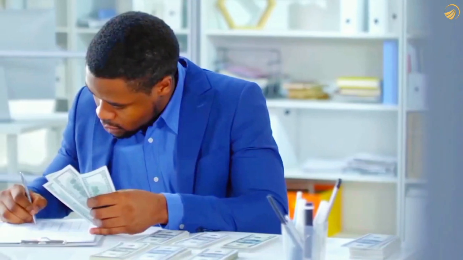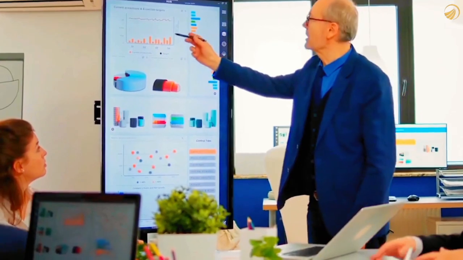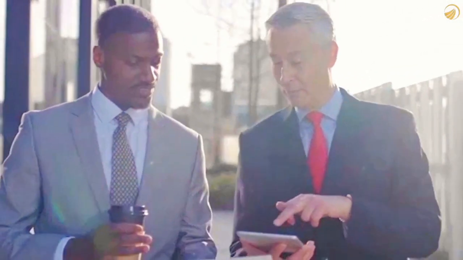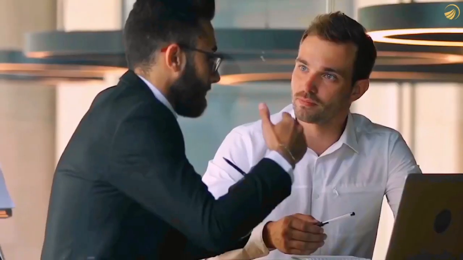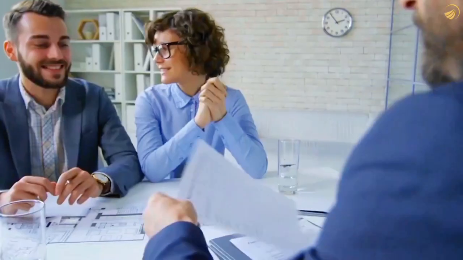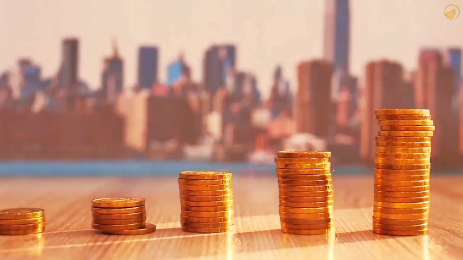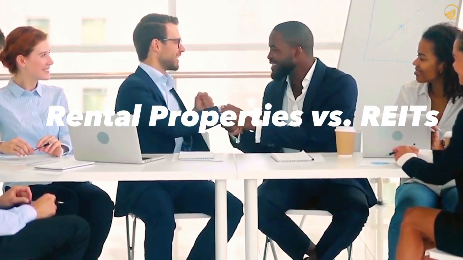Real estate crowdfunding platforms allow investors to participate in both debt and equity investments, offering flexibility to align with their risk tolerance and investment goals. This collaborative model democratizes real estate investing, making it more inclusive and reducing the barrier to entry for those who may not have the capital or expertise for direct property ownership. It also leverages the wisdom of the crowd, enabling investors to tap into the collective insights and experience of a diverse group of participants.